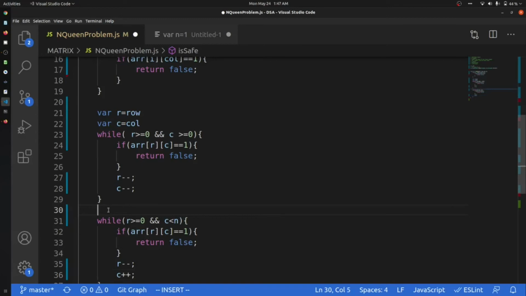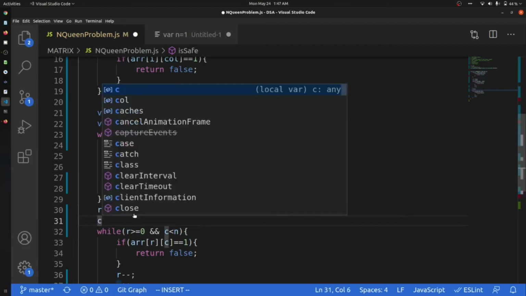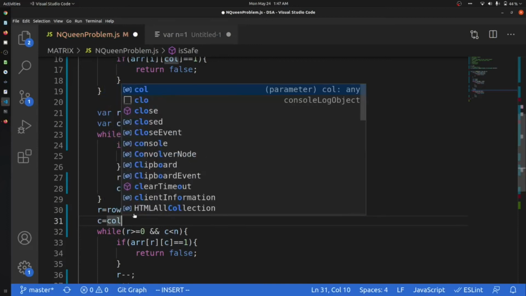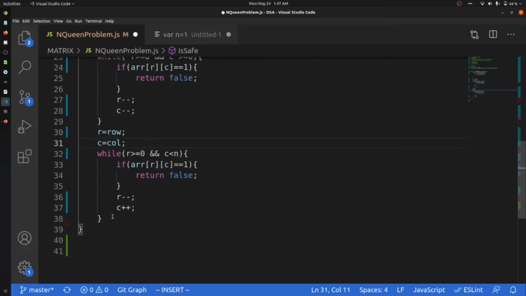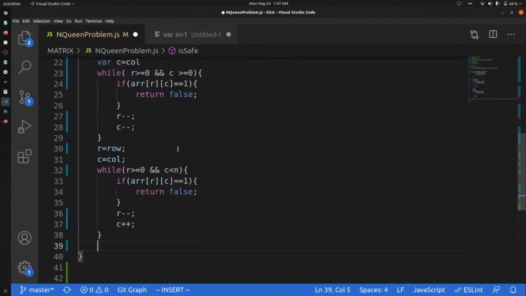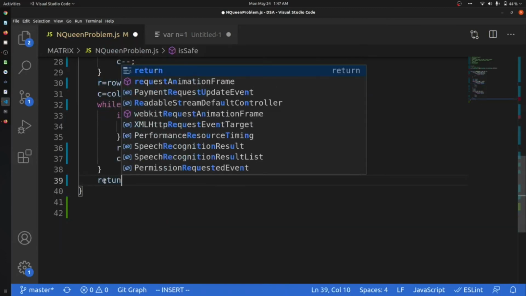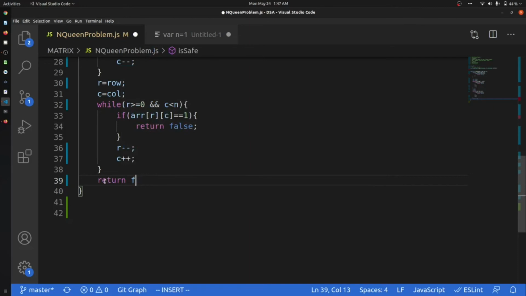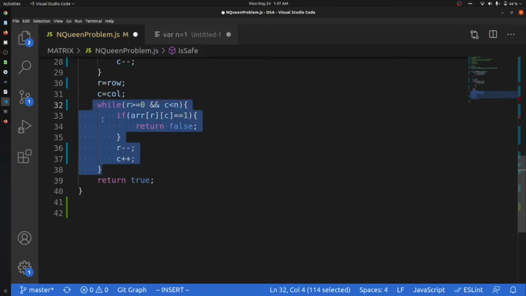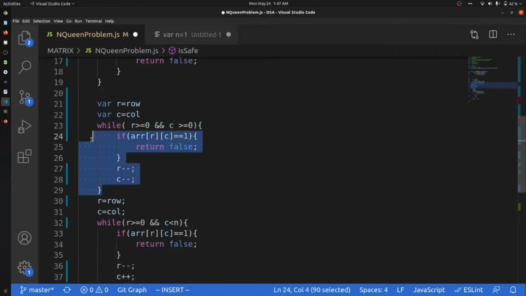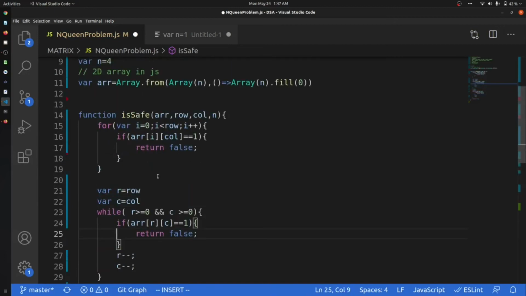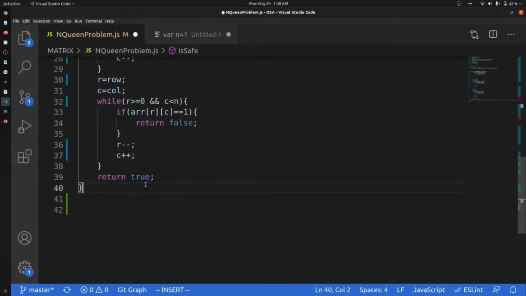But before this, we will just do row equal to row, because we have just checked the previous element and now we have come to the exact previous position. So we are doing this as false. Okay, so we have done this. And if we don't receive any of these, like if we have not received any false, it means that we are safe. Okay, we are safe, then we will return true. If we don't have any queen in any of the diagonals at the position, then we are ready to go. We are safe at that position.